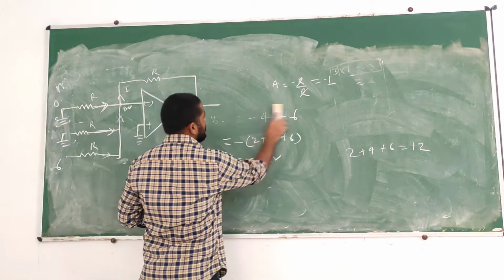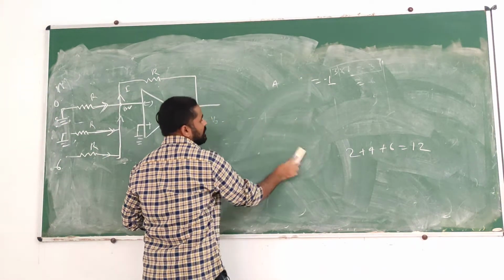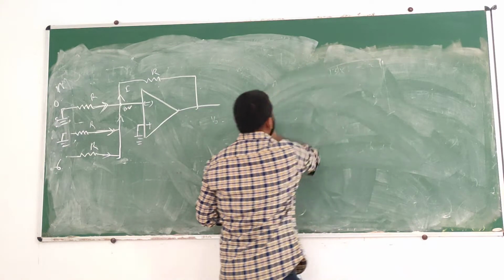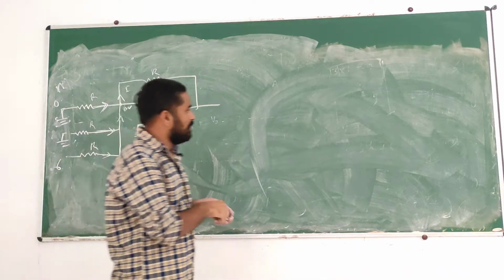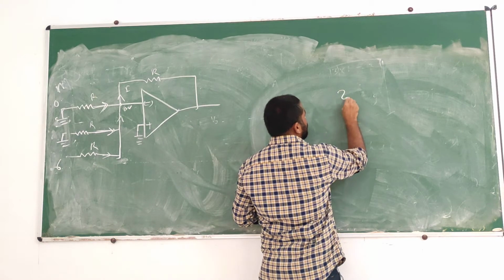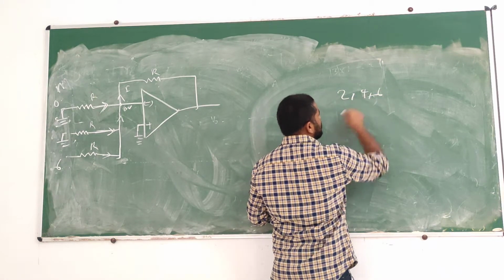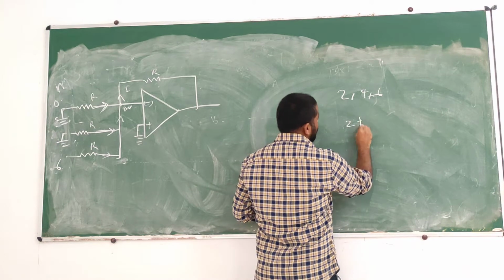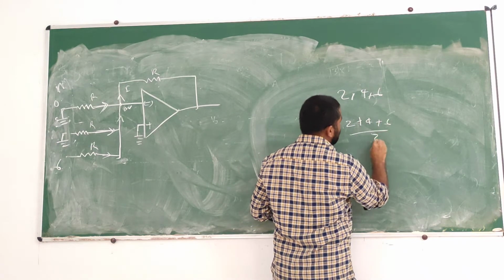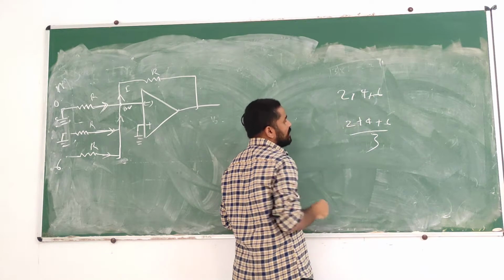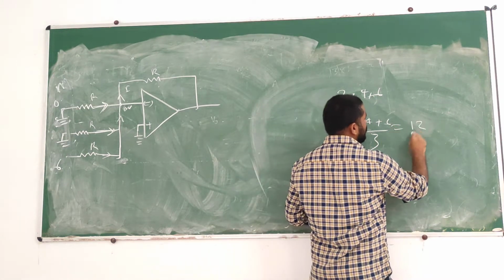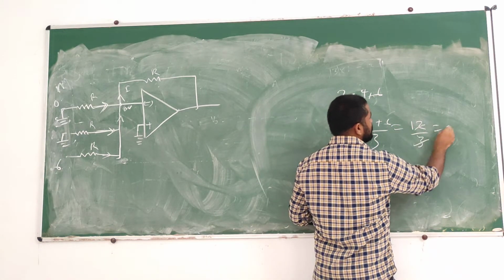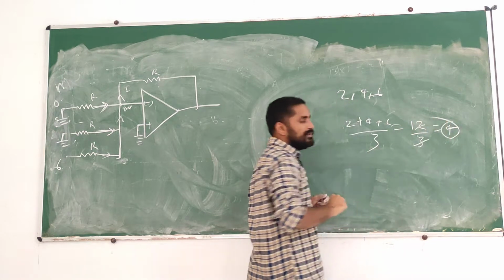Now if we need to average the numbers, how to do the average? Suppose we have 3 numbers 2, 4, 6. If you need the average of all the 3 numbers, we get 2 plus 4 plus 6 by 3, because they are a total of 3 numbers. Then how much are you going to get? 4, means 4 output we must get.